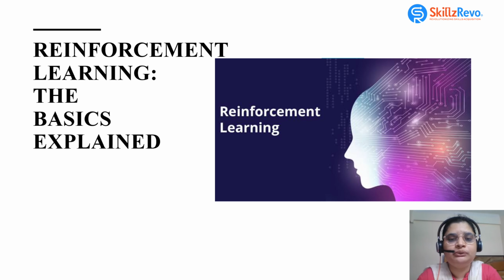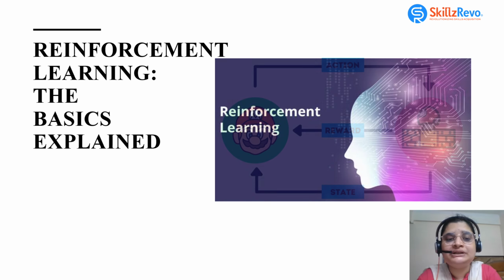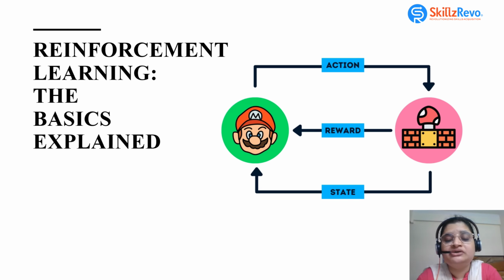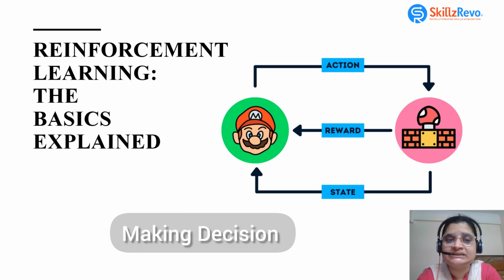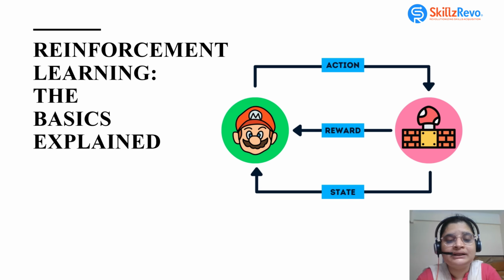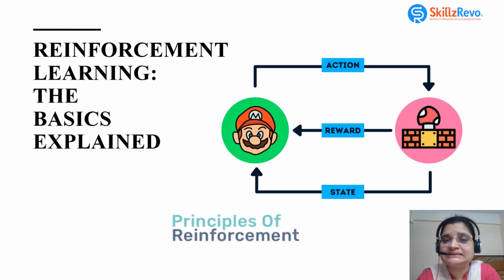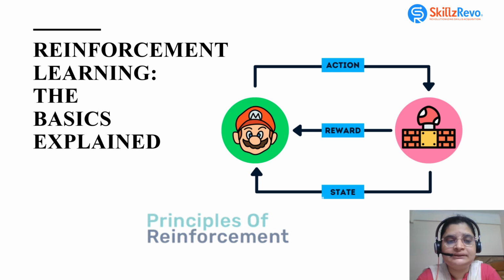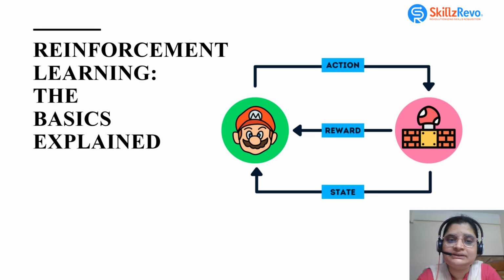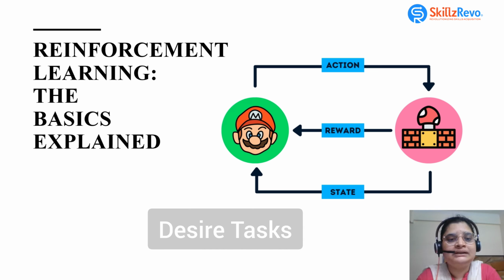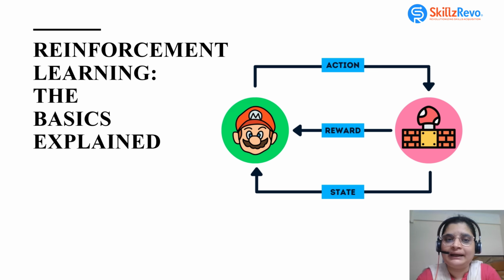Welcome to this video on reinforcement learning. While the term reinforcement learning might sound new to you, it is increasingly being used across industries for making decisions in uncertain circumstances. It uses the principles of stochasticity and probability to make decisions in real time and smoothly perform the desired tasks. Let's start with a bit of a background.